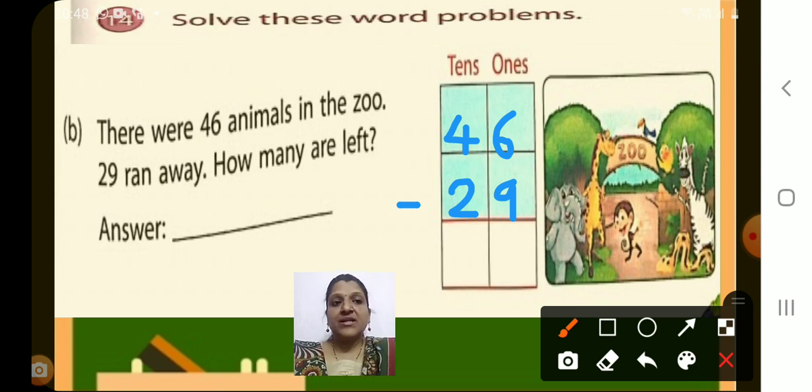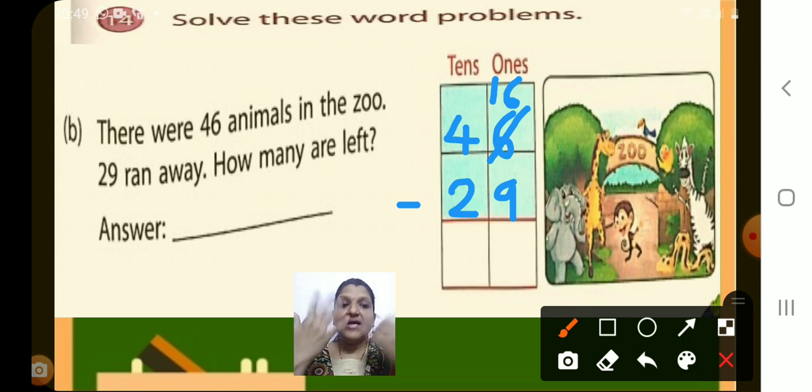Hence, here we have to use the subtraction by borrowing method. So, what is the next step, children? Yes, we have to borrow 1 from tens place. So, we will strike off 6 and we will write 16 above it. 10 plus 6. Now, can we subtract 9 from 16? Yes. So, 16 minus 9. How will you do? Yes. Keep 9 in the mind and open the fingers and count after 9 till 16. That is 10, 11, 12, 13, 14, 15, 16. 7. 7 is the answer.